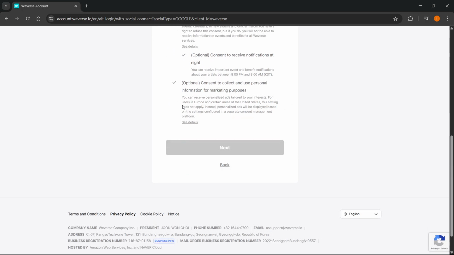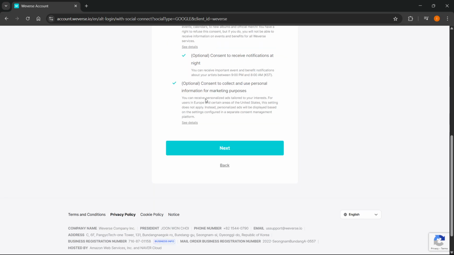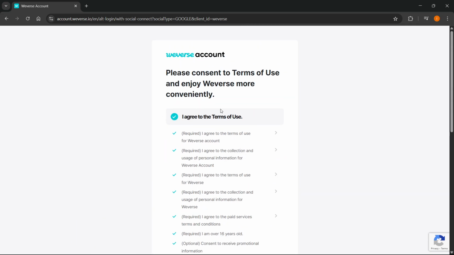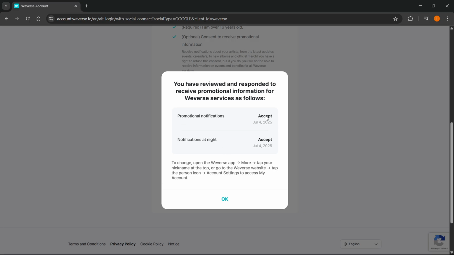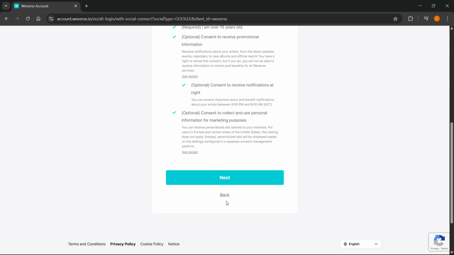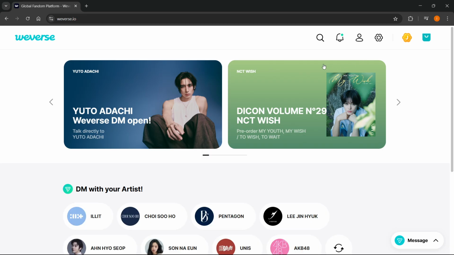Then you have to agree to all these terms over here, okay? So make sure you read all through these and then click on I agree to the terms of use. Click on next down here at the bottom. And then over here, you can accept your notifications and then click OK. And then, of course, you have to wait for a few seconds. And as you can see, there we go, my account has now been created and I've successfully logged in Weverse